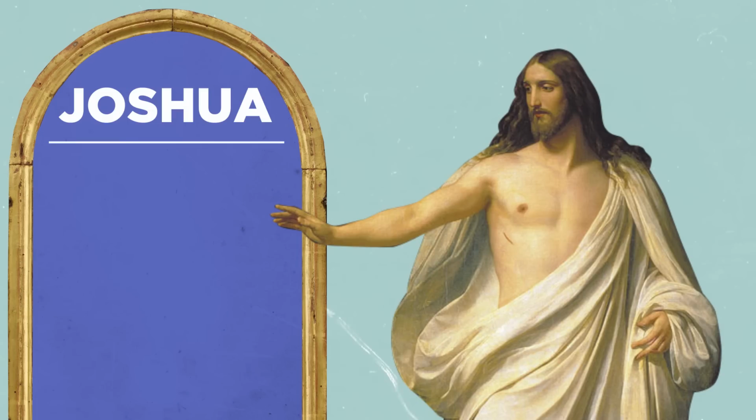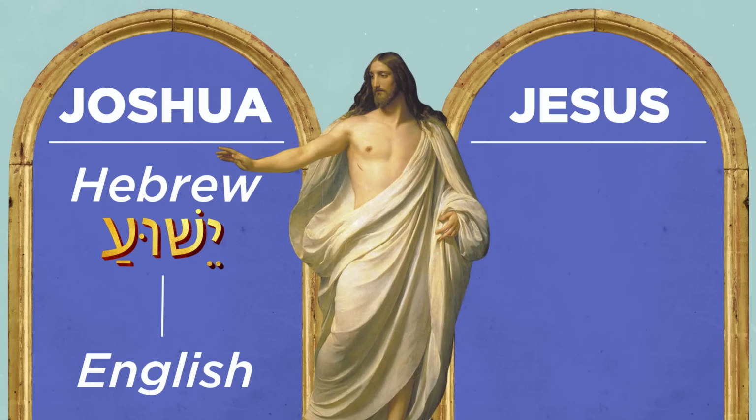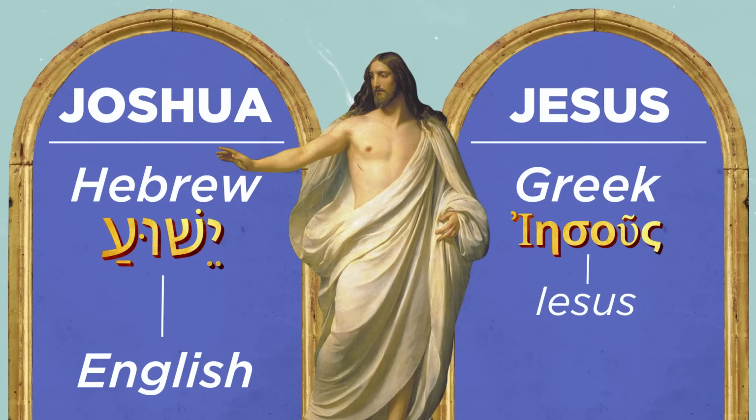So how does it all add up? In the case of the name Joshua, the name went directly from Hebrew to English. But in the case of the name Jesus, it traveled a more winding linguistic trajectory from Greek spellings to English. And it probably is because contemporary English naming practices follow a strict form of first name, then last name, like Danielle Bainbridge or John Doe, that a lot of us who speak English get a bit mixed up by thinking Christ is a last name instead of a title.